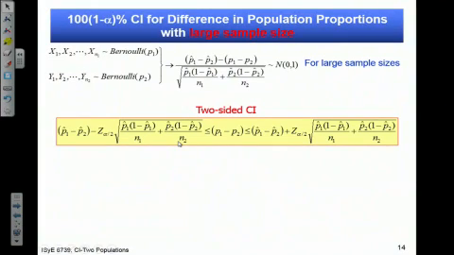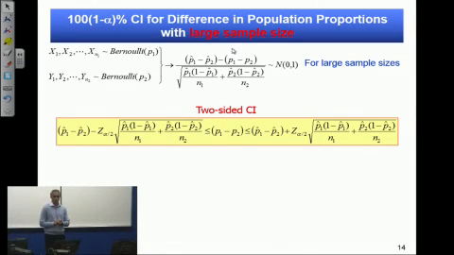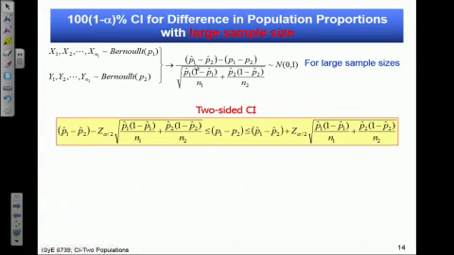The last one is the confidence interval for difference in population proportions, and as you can see, with large sample size. So this is sort of approximate and only valid when we have large sample size, because we are using the central limit theorem in that case. Okay, so we have two populations,